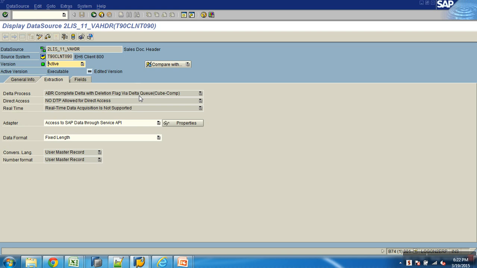The previous flat file data source was not supporting delta. That's why in the info package I get to see only full. So the properties you see in the info package completely depend on your data source capabilities. If the data source is enabled for delta, then in your info package you get to see what? Full and init first. Once you run init successfully, then you can start running delta. If the data source is not enabled for delta, then you get to see only full.